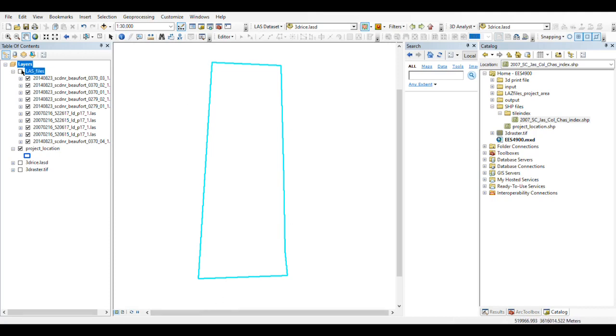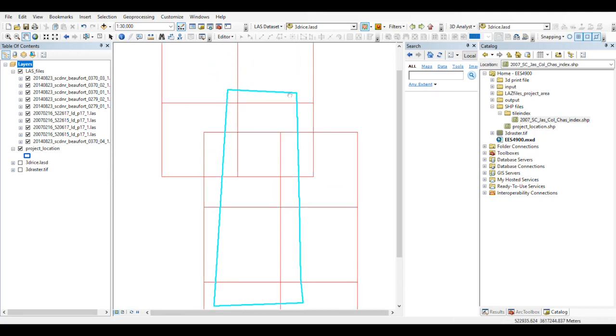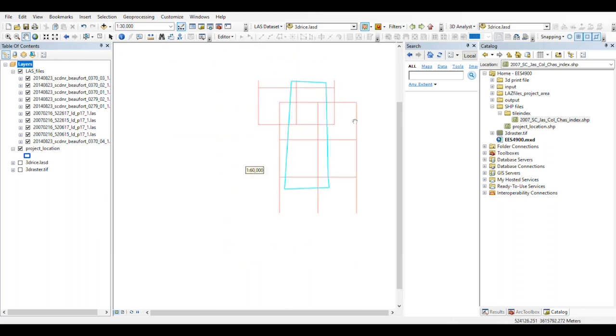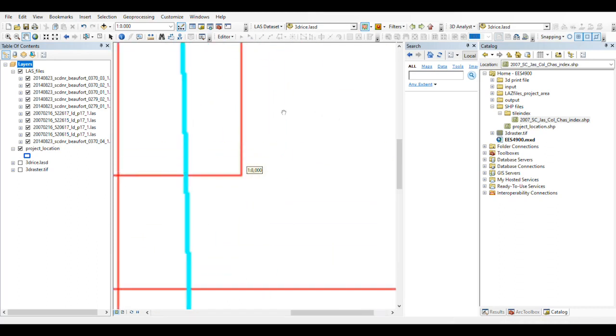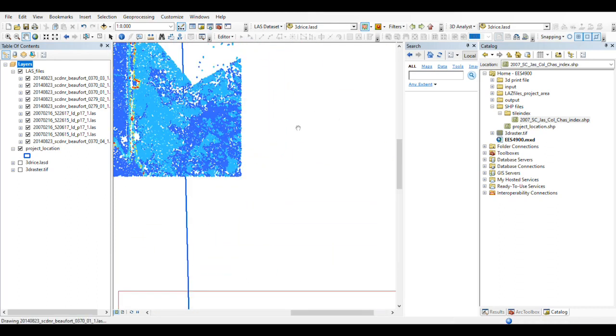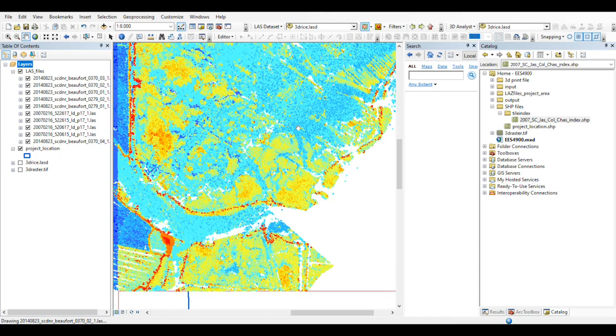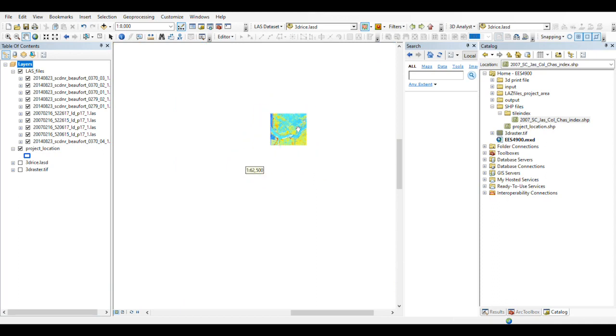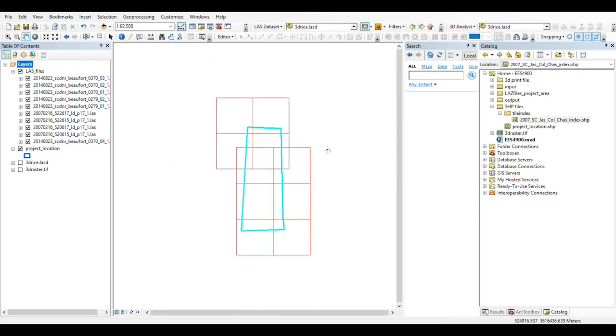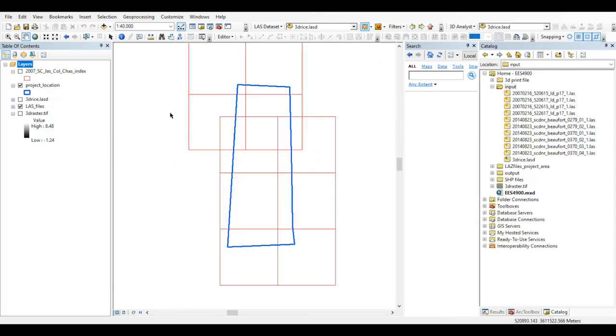So here are the LAS files. As you see, they look similar to the tiling scheme, except these actually have the LAS data inside of them. So when you zoom in, we'll see, there it is, starting to actually render the data. We don't need to do this right now though. So I'm going to back out to where we just see, there we go. Okay, now that we've got all the LAS files rendered and ready to go, we're going to create our LAS